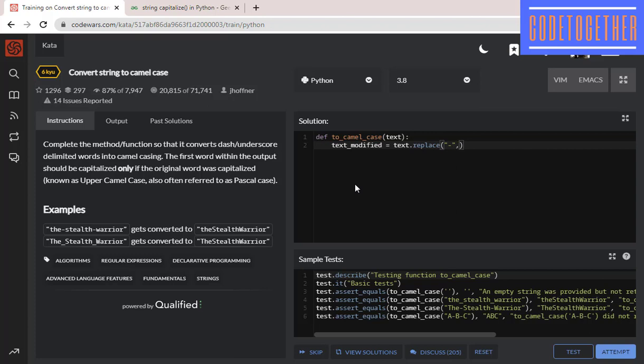Transform and replace all dashes into underscores. Okay,